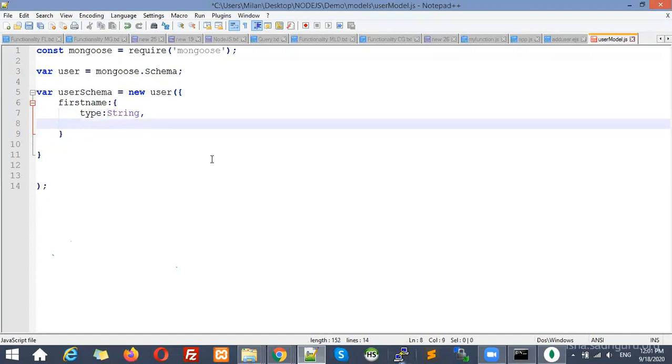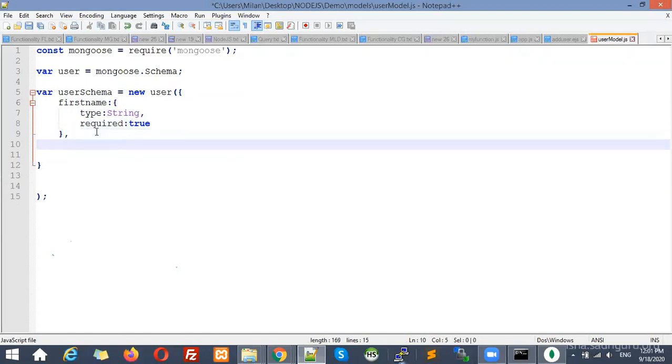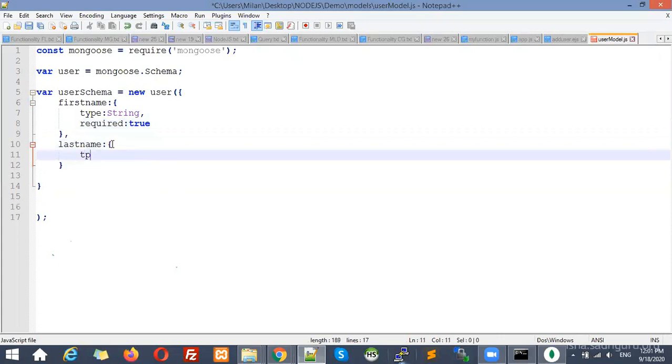Next, you can also mention a few other parameters like whether it is required, whether it is unique. Those things you can mention over here. So required is equal to true. See, most of the code will be in JSON format. You can see this is a JSON-like format, right? Everything will be in JSON or array format. First name, last name. You can also take fname, lname as they are in HTML, so that you can directly map it.